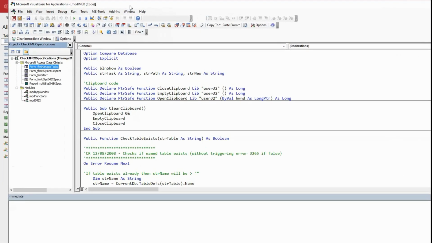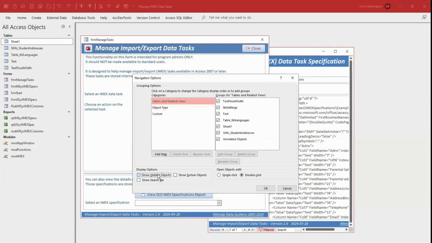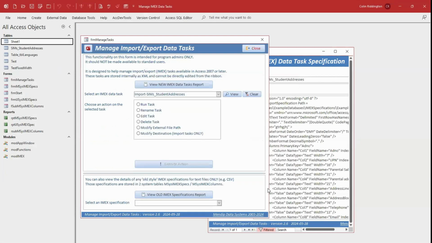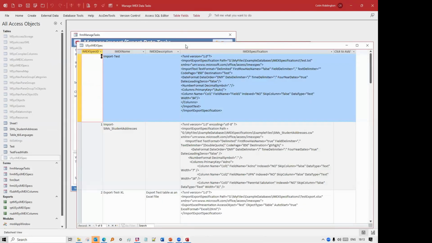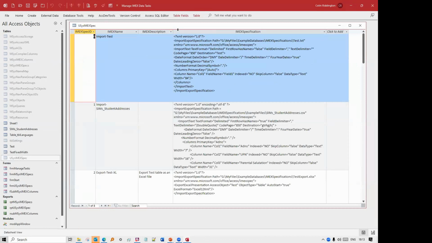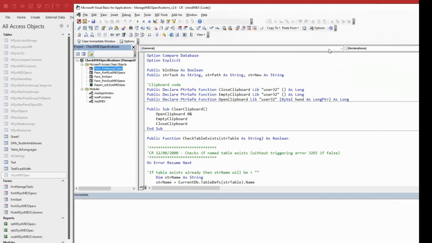In order to get this to work, I have effectively replicated with my own user-defined system table. So all of the XML tasks I'm saving to a table which I'm calling USys IMEX specs. So that will have the name of the task, any description I've put in, and the XML for it. So that is populated. When I click on here, it will empty that table and it will repopulate it. So if we go back to the code here and go to,